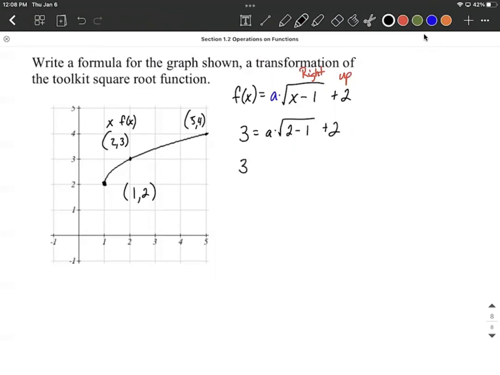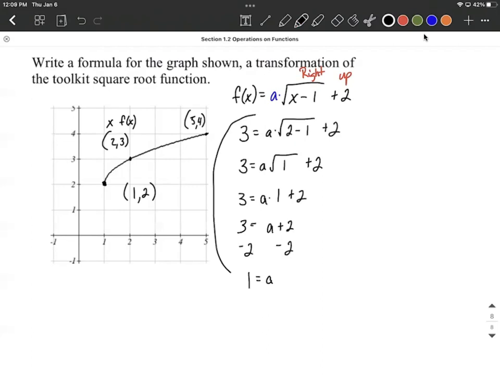So the first thing I'm going to go ahead and do is underneath that radical, say 2 minus 1 makes 1. Next, the square root of 1 is also 1. So we have a times 1, which is a, plus 2 on the right-hand side, still have 3 on the left-hand side. To get a all by itself, we'll simply subtract the 2